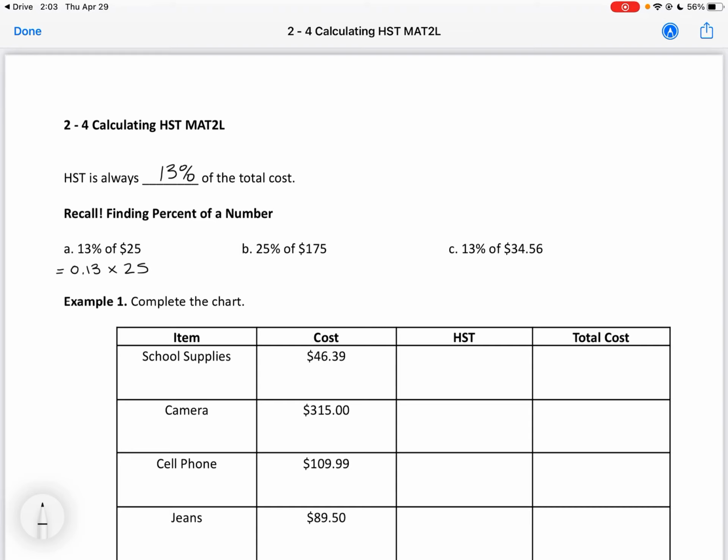Remember, we're always going to change the percent to a decimal, of to multiply, and then we're going to put down our answer that we get after that. So our second one here, percent to a decimal, of to a times, and then we're going to multiply those values together. So for our second one, we're going to get 43.75. And then the last example here, 0.13 times 34.56